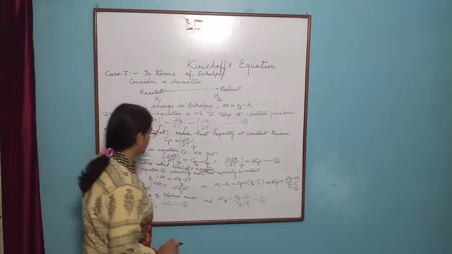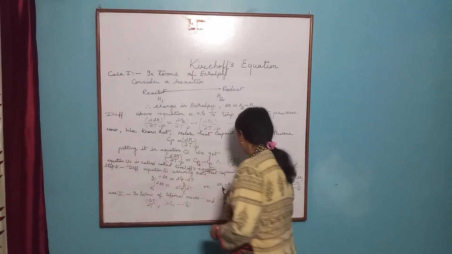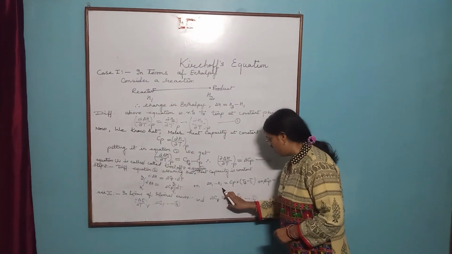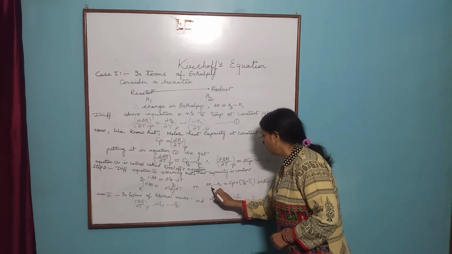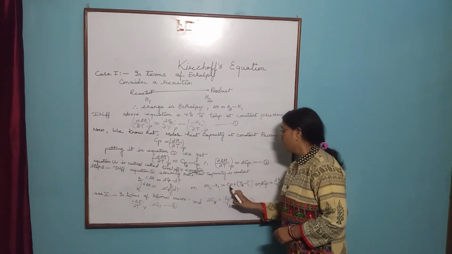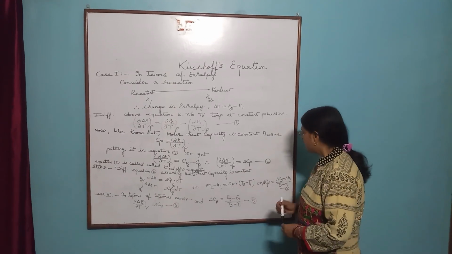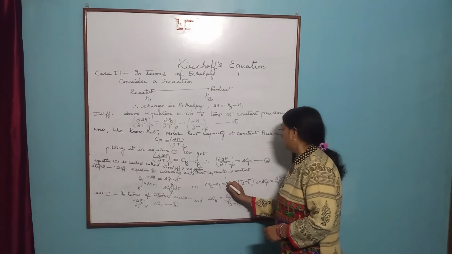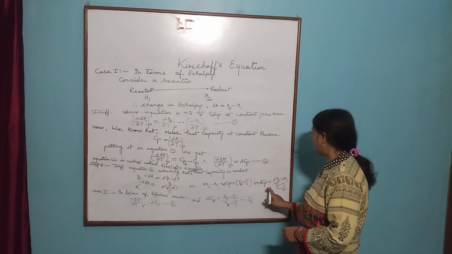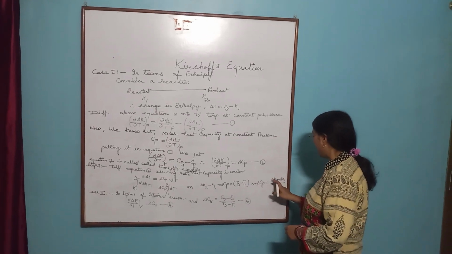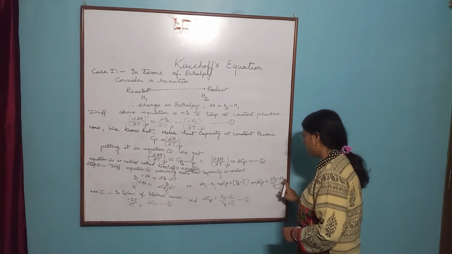Now, solving this equation, we get H2 minus H1 equals ΔCp into (T2 minus T1), or ΔCp equals (H2 minus H1)